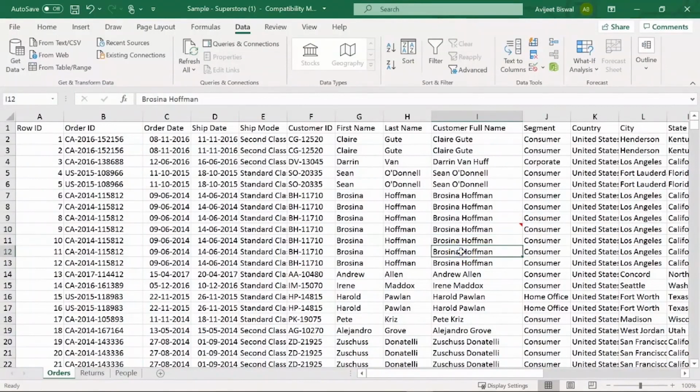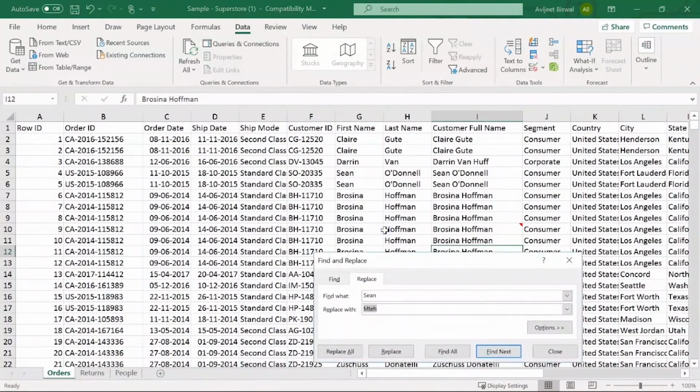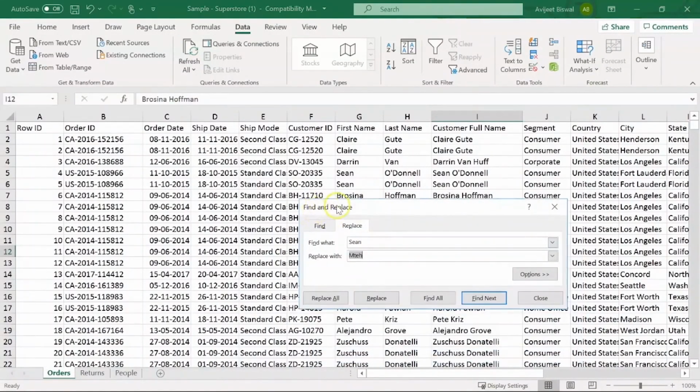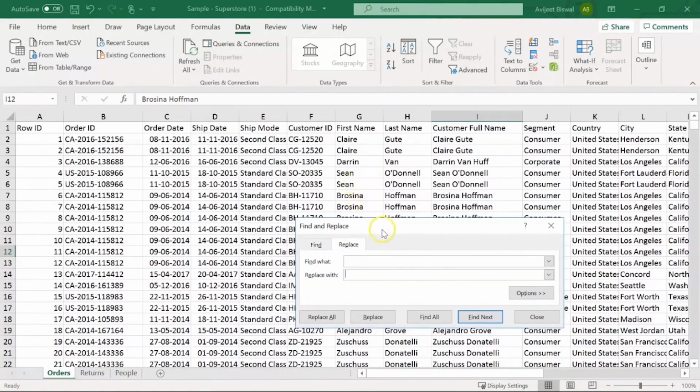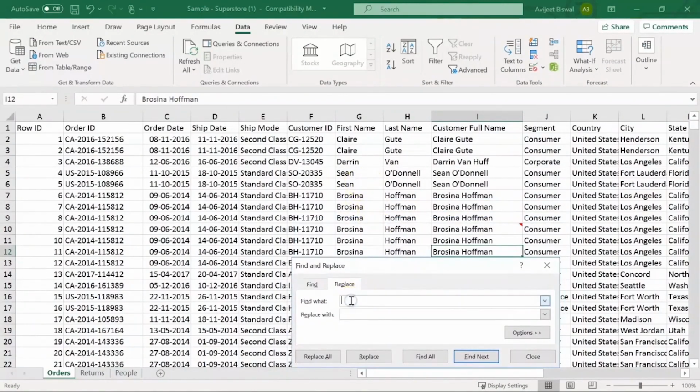Next, if you want to find and replace a value from a cell or a range of cells, you can use Ctrl+H. So let me select Ctrl+H. You can see our find and replace box has appeared, and here if I want to change the name of, suppose, Brosina to something like Angela, I'll first select for Brosina.